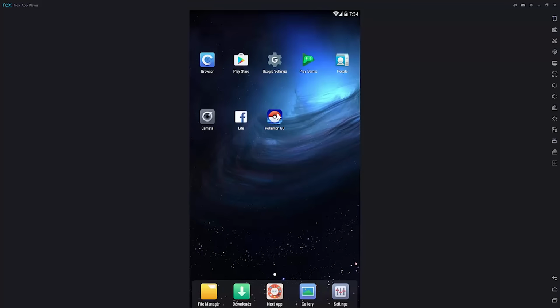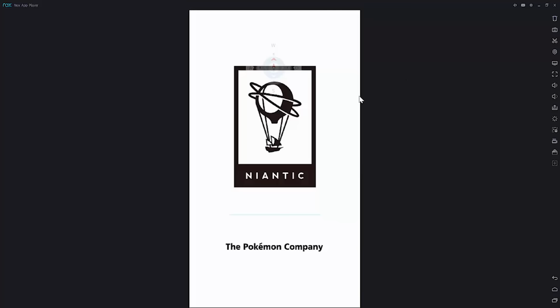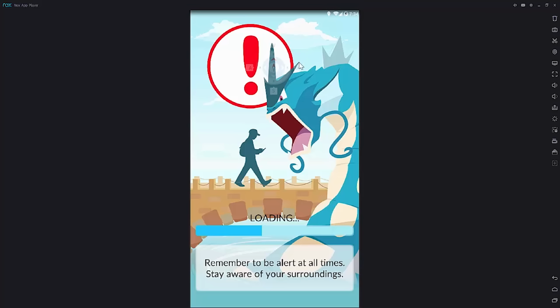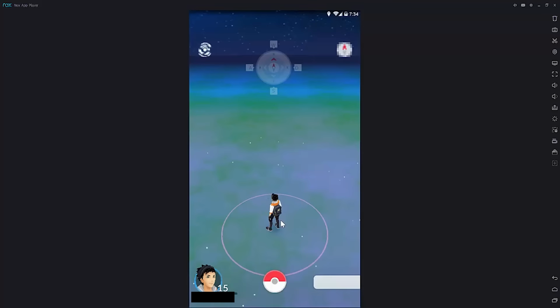Once that's installed, you can just launch the game Pokemon Go, and you will see this thing right here, WSAD, and these are the buttons that you will need to move your character in the game Pokemon Go. These are basically like those buttons you use in any other PC game to move your character. The only difference here is the W button will take you only in the north direction, and the S will take you only to the south direction, no matter which direction your character is pointing.